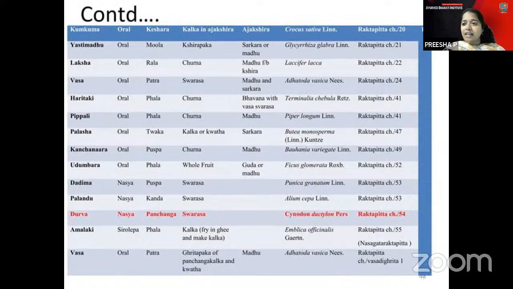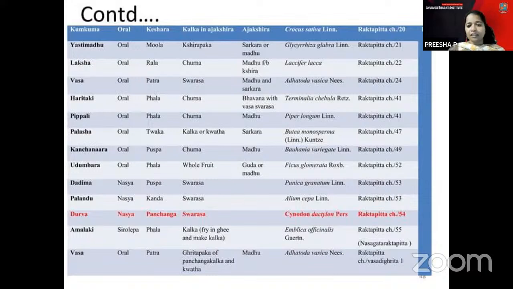I think I saw the wonderful effect of this Durva when I was doing my internship, in an area where you don't have access to modern allopathic hospitals. Most of the time in epistaxis, the Durva Swarasa or Durva Panchaka is taken and placed on the Brahmarandra region, and within a few seconds the nasal epistaxis showed a hemostatic action because of the effect of Durva. So Durva Nasya can be given, or the Durva Kalka can be placed over the Brahmarandra region for the Raktapitta conditions.